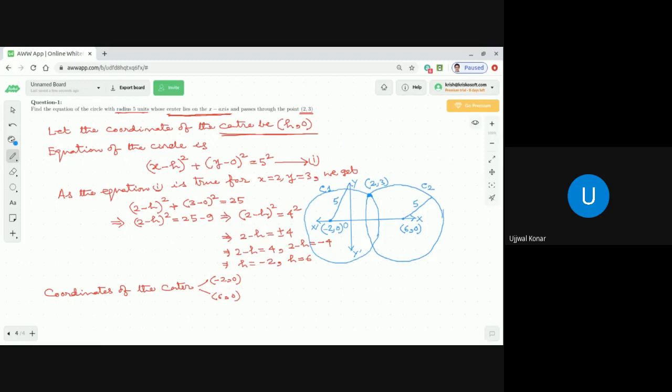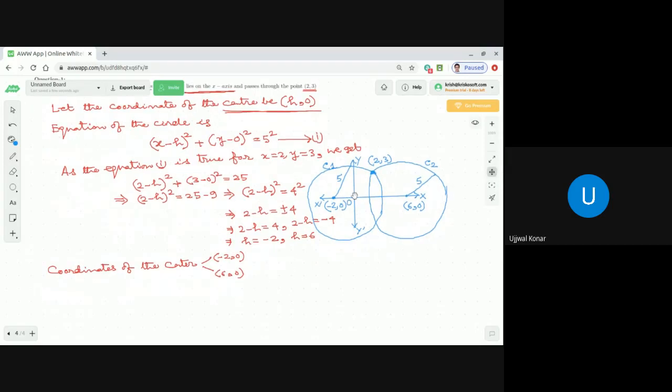Correct. So this is the way we derive this particular one, but we are not able to find it uniquely. That means we can find two different equations of circles. So what are those two different equations of circle that we have not derived yet? We can derive them now. So if we apply h is equal to minus 2,